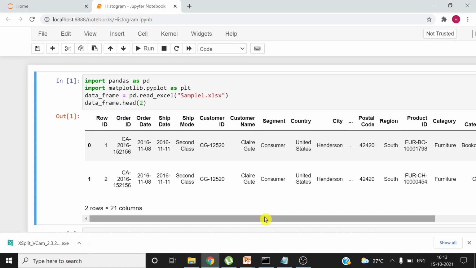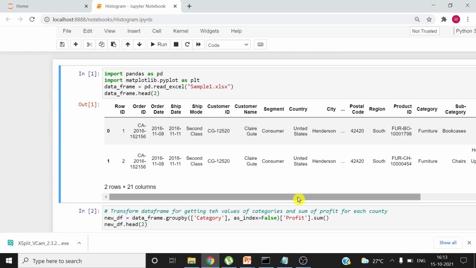So here is my Jupyter notebook. If you are not familiar with how to use Jupyter notebook, then there is video number 8.7 on my YouTube channel, where you can understand from the start how to download and install Jupyter notebook. In this above code, I am reading the data from the file and loading it into the data frame. I have not repeated the steps which I already did in my last video on Matplotlib bar charts. You can see that video for better understanding. I will share the link in the description. After reading the data, I am displaying two records only.